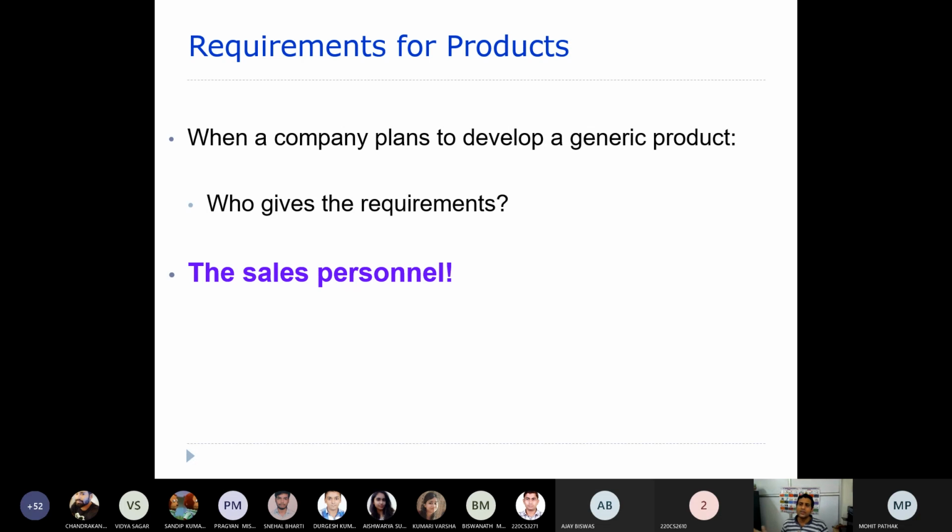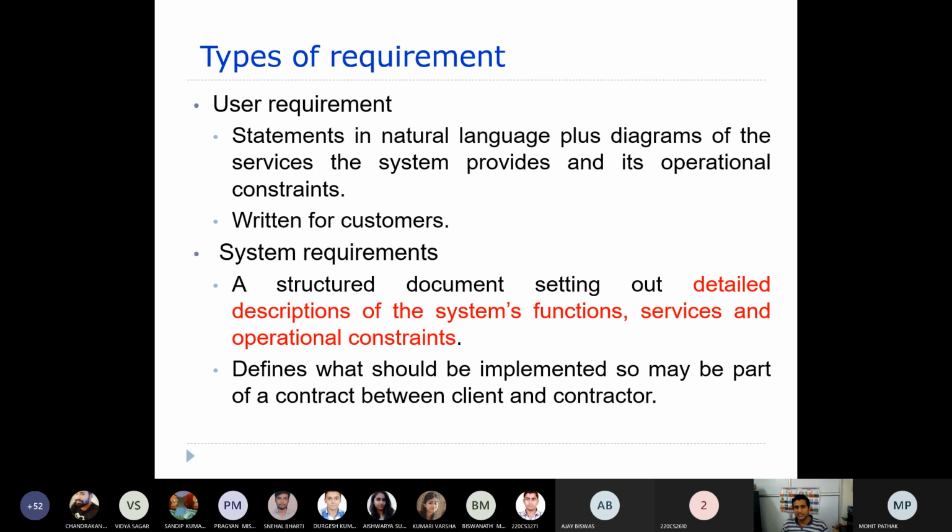In that case, what will you do? The business analyst from the development company will come to the domain and interview all the users who are going to use that particular product, maybe the faculty, teachers, students, accountants, director, deans. After having certain discussions, you will finalize the requirements. But in case of a generic product, usually the salespersons who are going to sell the product may give certain requirements. So this way you can understand, it's a basic understanding.